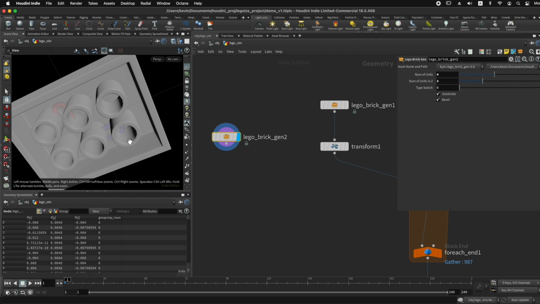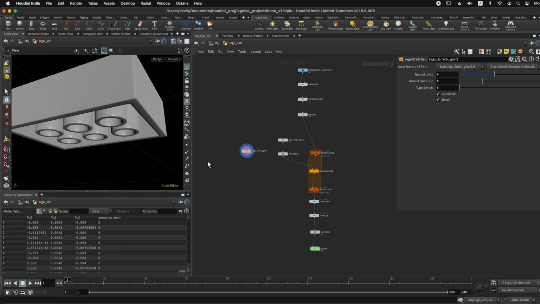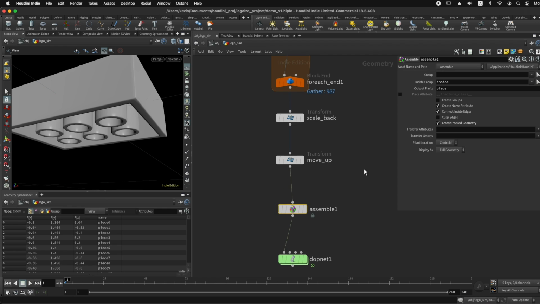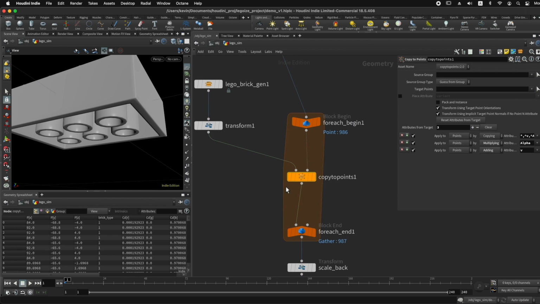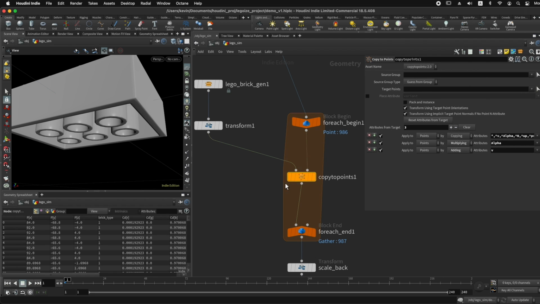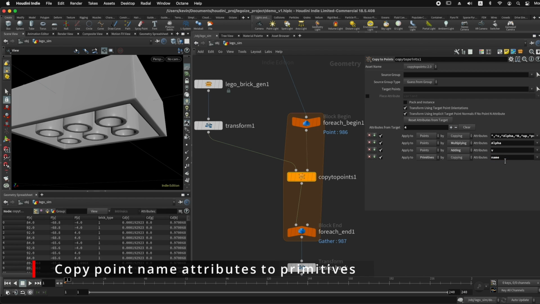But when they are modeled, the problem is that if you directly use the assemble node to create name attributes, and each one of these will be separate, then when you simulate, all the tubes will fall off from the Lego piece. So how to make them stay together is that when you copy the Lego pieces to the points, right? Okay, see here. When you use copy to points, actually you can copy the name attribute